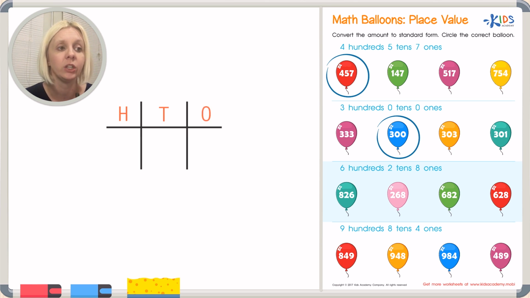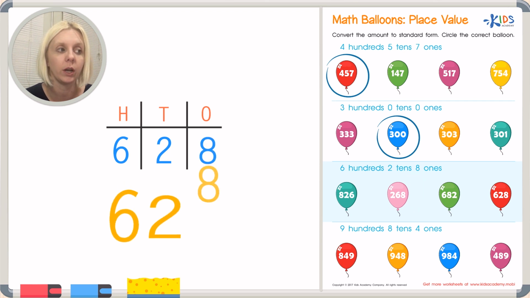So 600s, well, where's the 6 going to go? Yep, it's going to go right over here in the hundreds place. Very good, 6 right here. And then what's the next one say? How many tens are there? There are 2 10s, so we're going to put 2 right here in the tens place, and then we've got 8 1s, okay? So let's put that all together and let's read it. What does that say? That would be this number right here, okay? And that's going to be